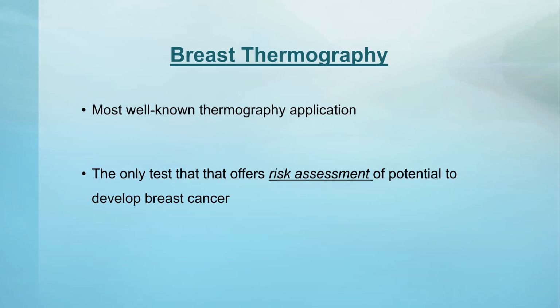Mammograms, the other very popular type of scan that people get for breast health, is a test of structure. Right? So it's important to understand that they work together. The mammogram gives us information about what is structurally developed. The thermogram gives you information prior to the development of that structure. It's information about what your body is doing so that you can get ahead of